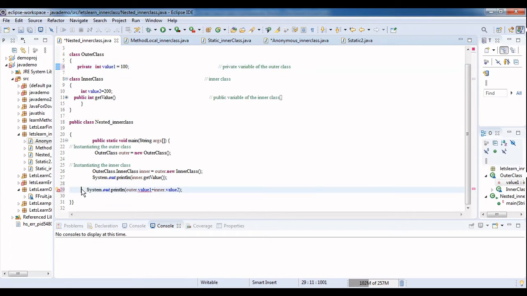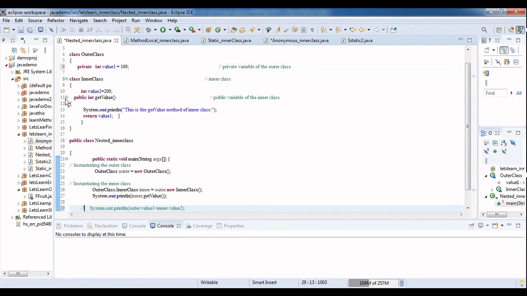If I want to access it, I can do so by having a method in the inner class. In the inner class I have a method get value, in which I return value 1. Now I invoke the method via the object variable. Now we will execute.